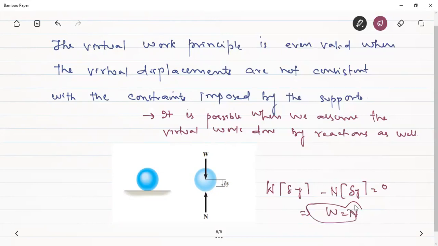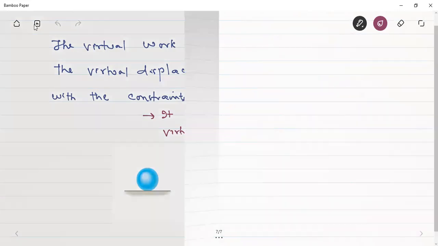So here actually what was doing the virtual work was the normal reaction. In all the questions until now, we never saw the reactions doing work. But if the virtual displacements lose consistency with the constraints, then we have to assume that the reaction does work. Therefore, the principle will also hold when there isn't consistency of the virtual displacement with the constraints. Still we can apply this principle, as will be clear from this example.